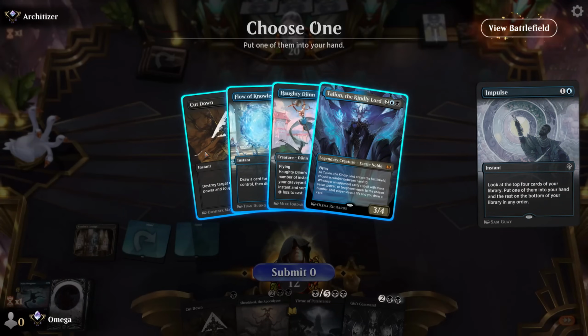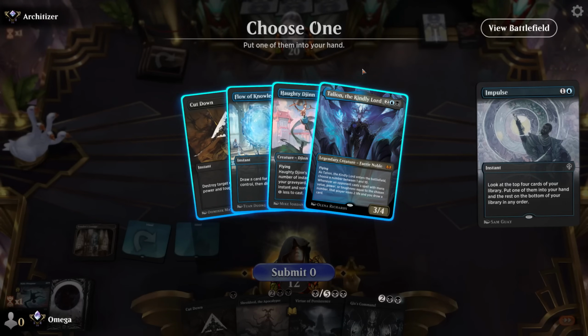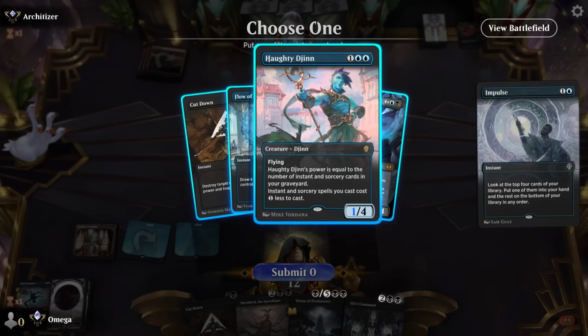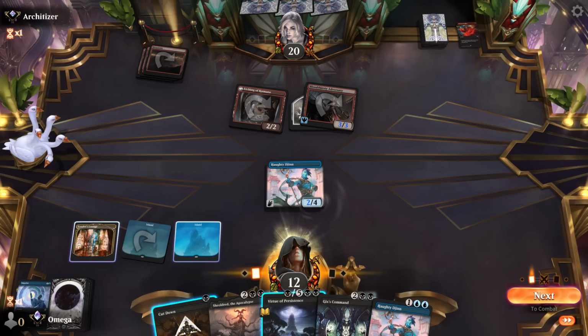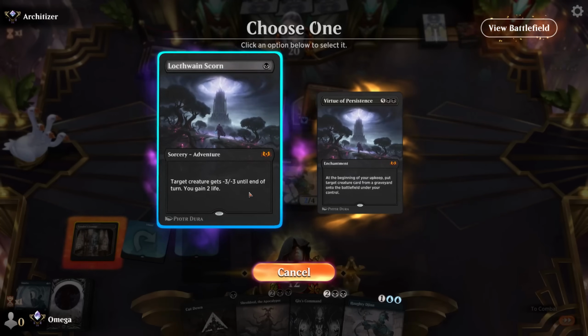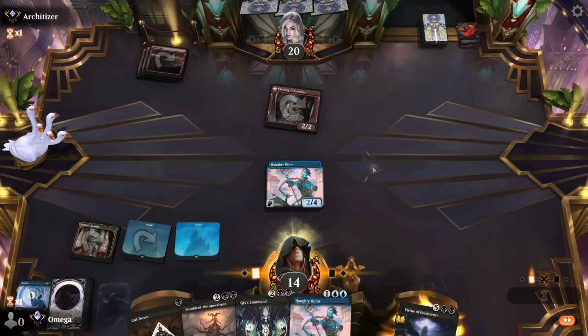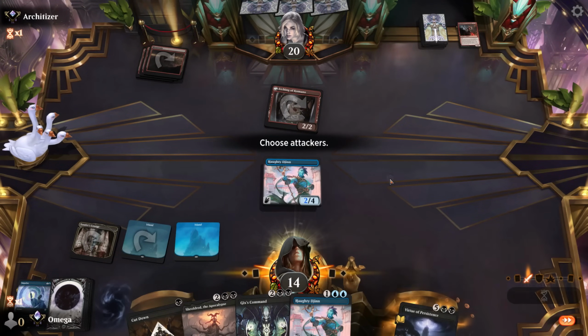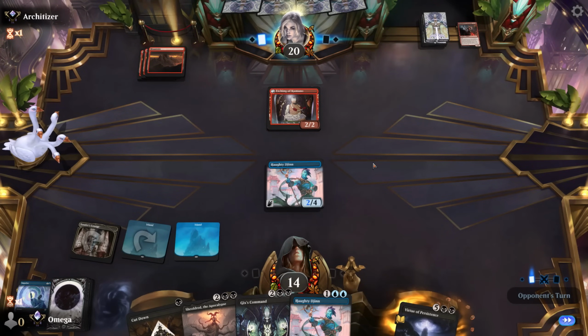So we can fish for a land. I guess we can. I think we will go with this one, because it actually makes a lot of difference right now. That's a little bit of life gain. And now I can threaten the block, so that might cost him 2 cards to remove, and then...